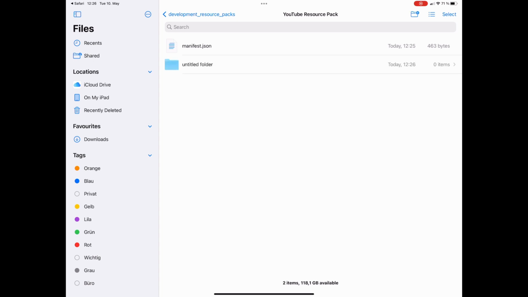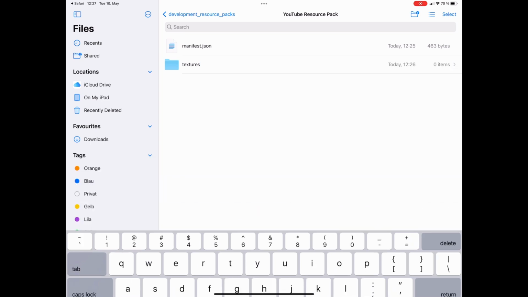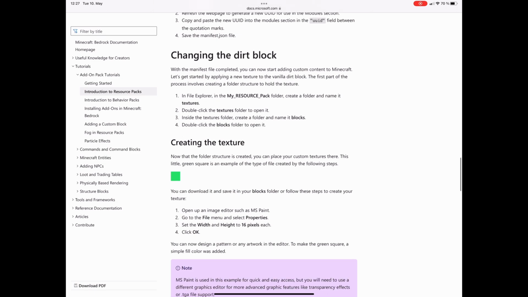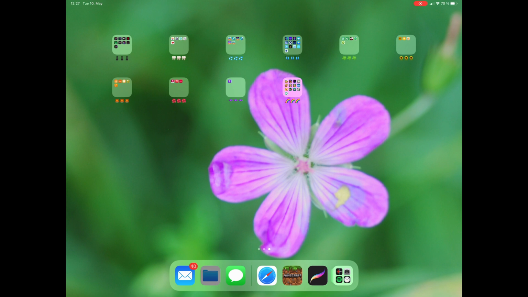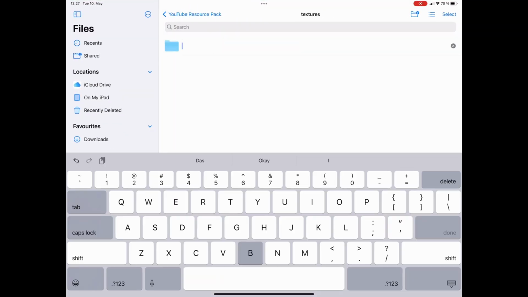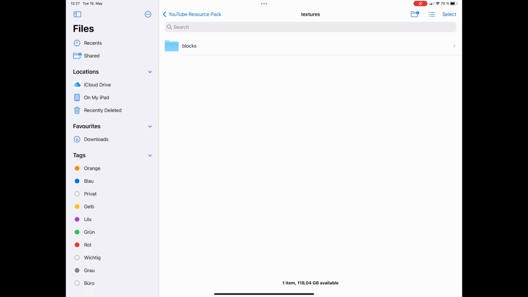The next thing we're going to need is a folder called textures. And I believe everything has to be lowercase. I would do it exactly the way that they have it listed. And I think everything does have to be lowercase on these. So let's check. In your resource pack, you need a folder named textures. And inside the textures folder, you're going to need a folder named blocks. Okay, files, textures. Here we need a folder and we call it blocks. Okay, good. Inside this blocks folder is where we're going to put our graphic files, which are going to change